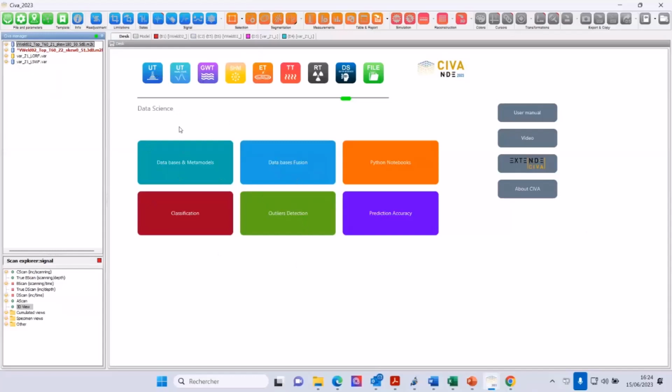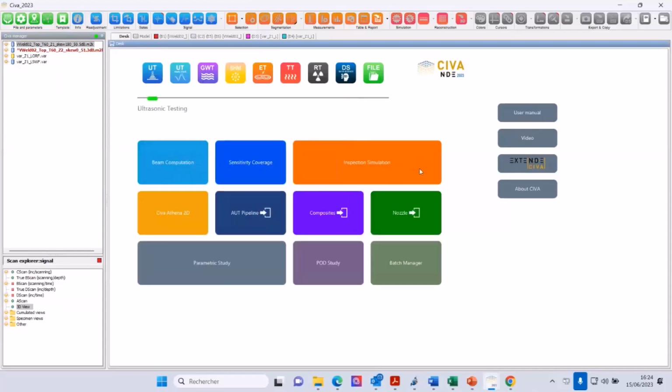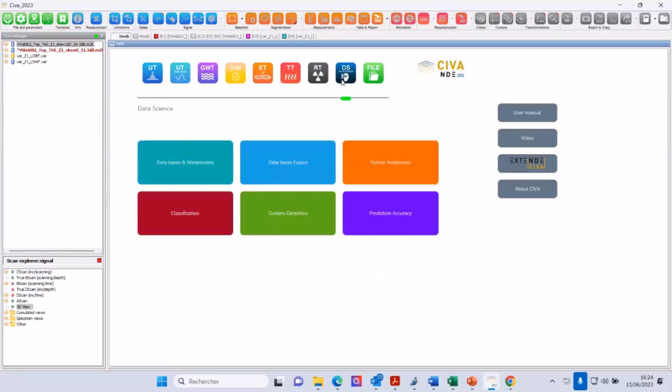So in UT, you have the beam simulation, inspection simulation, the parametric study, the POD, and so on. The logic of CIVA data science is the same. You have some modules, and I will try to explain in a few words the idea of the different submodules and the logic.